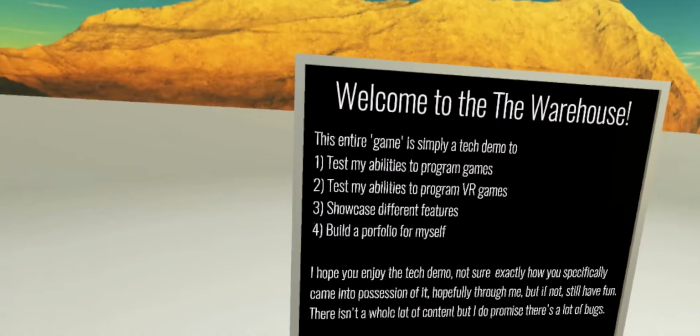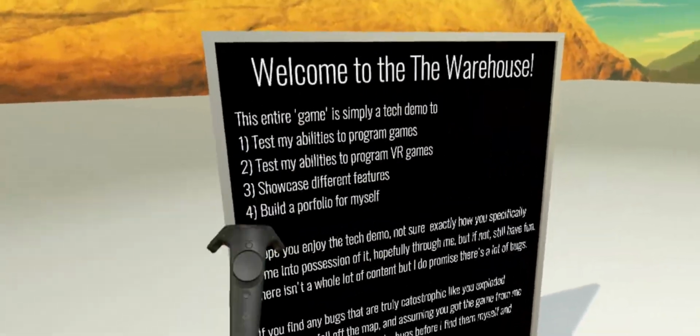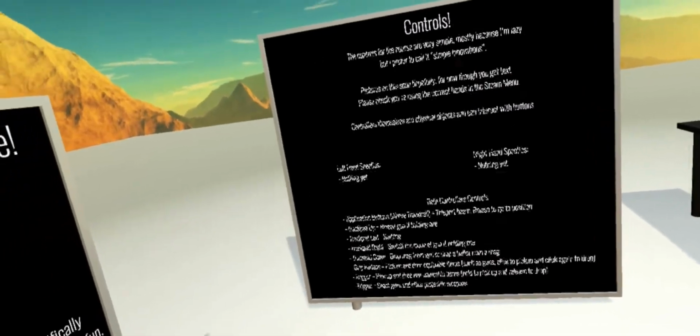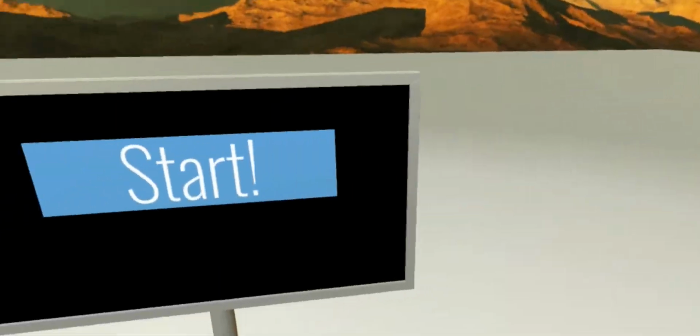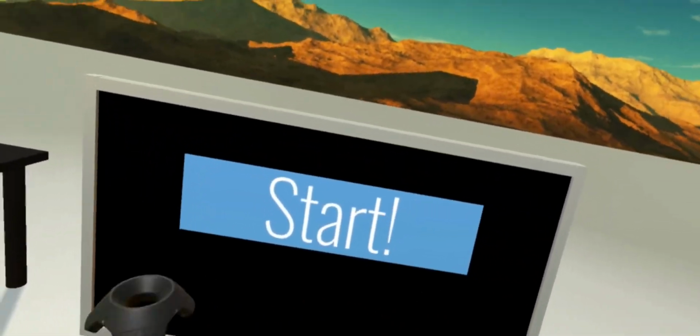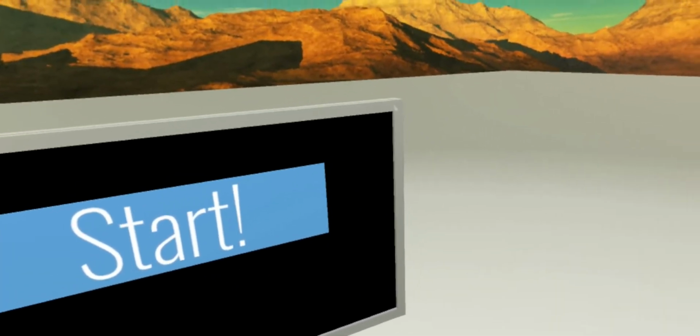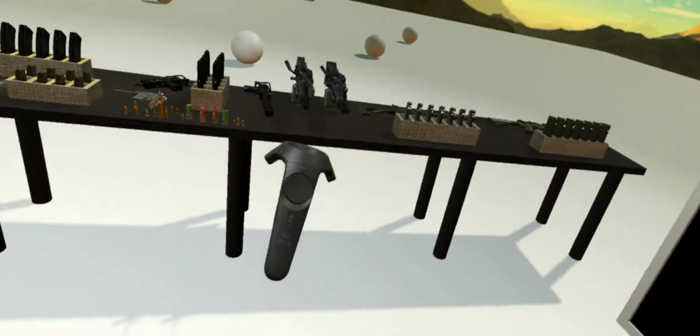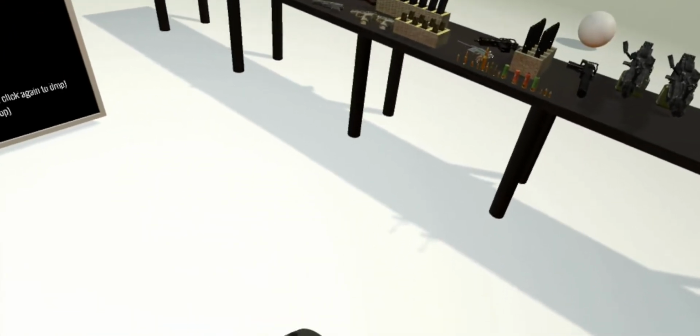So I'll start off with the tour. Right now there's a sign here that says welcome. The control screen, which is heavily outdated and needs to be updated. This start button, which teleports you to another room that does absolutely nothing. Like there's literally nothing there. And then there's the guns, which is the main focus of all this. So if I teleport over here,